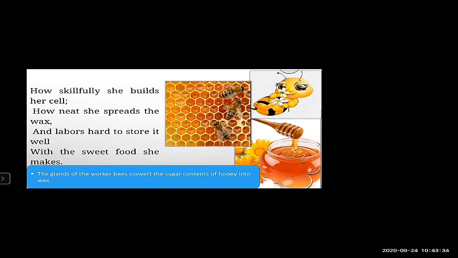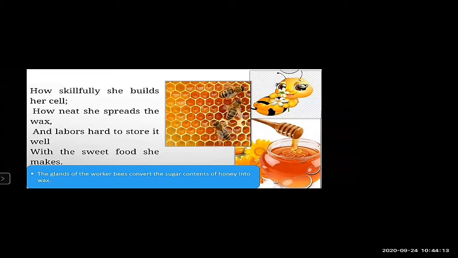Now, how does this bee get this wax? The gland of the worker bees convert the sugar contents of honey into wax. So this wax is being produced by the worker bees and they produce it from the sugar in the honey. And with this wax they construct the hive. This hive contains small cells in which the honey is stored